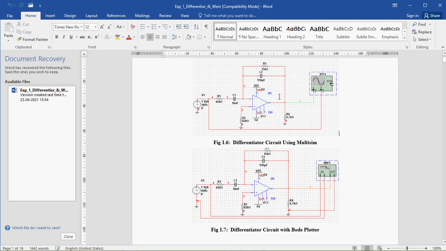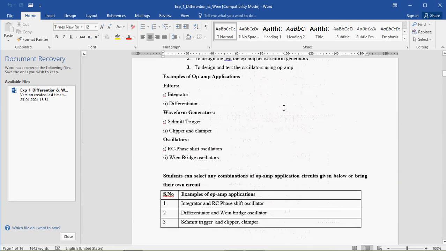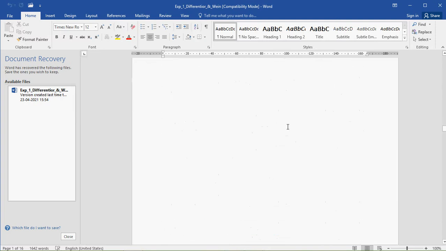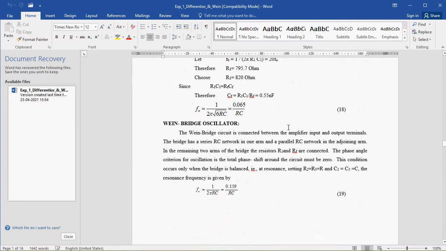So we know the differentiator will be used for mathematical calculation. The function of a differentiator is that whatever input is given on the input side, it will differentiate it at the output side. And so the design of a differentiator is we should calculate FA and FB.